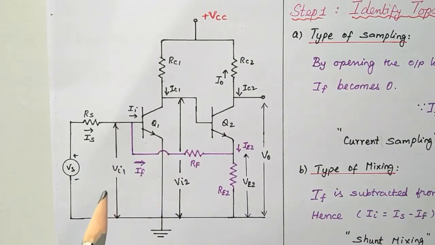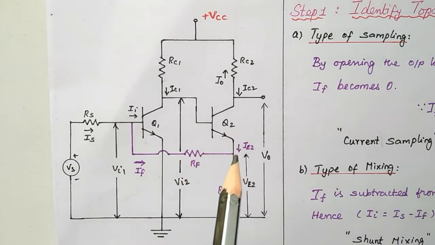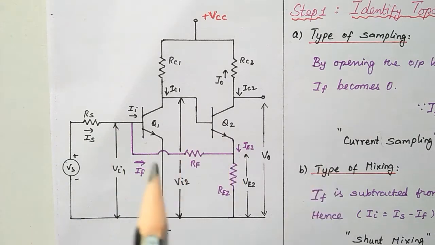The circuit diagram shown here is a two-stage cascaded common emitter amplifier. Here we have made small modifications. We have included an unbypassed RE in the second stage emitter to ground terminal. Similarly, a feedback resistor is connected between the emitter of the second transistor and the base of the first transistor. I am saying this is one of the examples of a current shunt feedback amplifier.